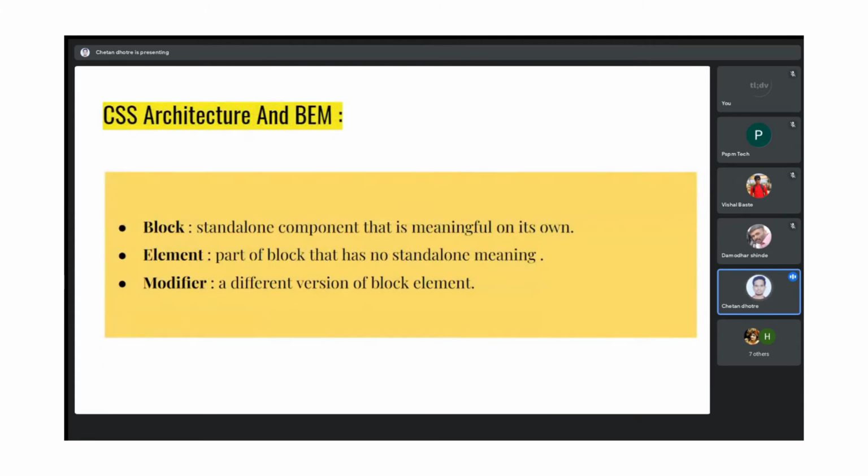Last but not least, this is CSS architecture. I showed you in the first slide that you should write your code scalable and maintainable. That's why I have added this PPT, just one slide, that is block element modifier. As I told you, specificity has its own importance, so that's why I have added this one. A block is a standalone component, as I have written here as well. So what does it mean by the BEM technique? Why do most developers prefer this technique? It is because of specificity, which we want to render at the beginning.